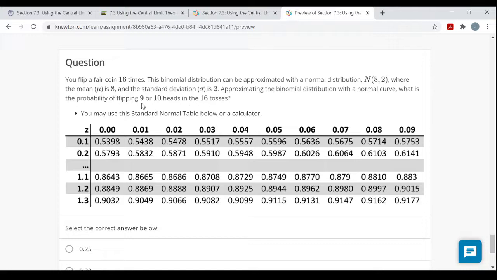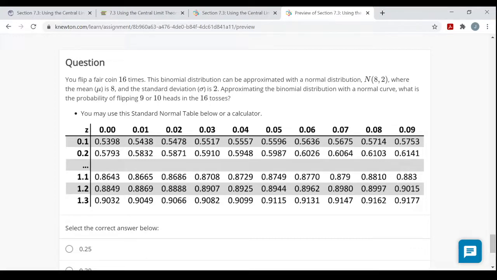Alright, so if you're doing 9 or 10 heads, you want to get that 9 bar and that 10 bar. Now, remember, the 9 bar is going to go from 8.5 to 9.5, and the 10 bar goes from 9.5 to 10.5. So if you want both of these, and you're talking about area under the normal curve, what region are you going from? 8.5 to 10.5. You're going to use a lot of halves when using the normal curve to approximate a